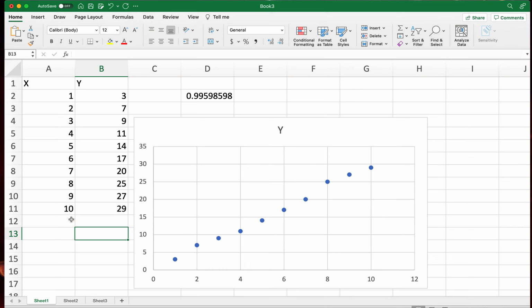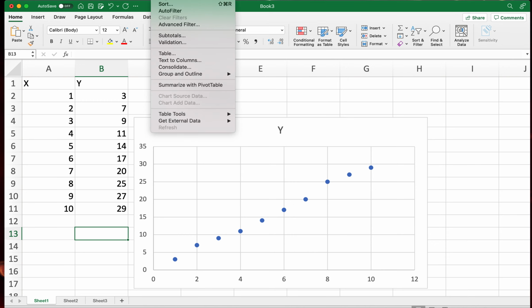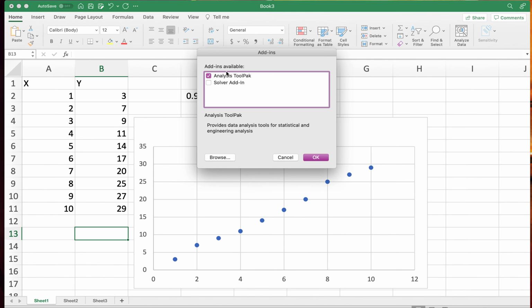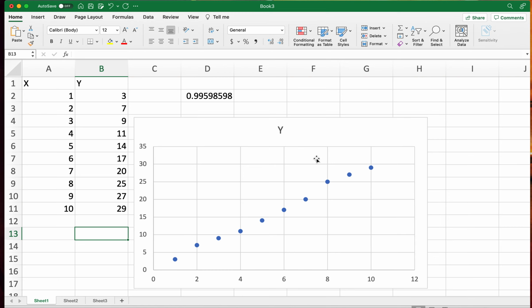Okay, I don't have a Windows computer to be able to show you how to do this. If you're on an Apple, it's really simple. You go down to Tools, Excel add-ins, and you click the button. If you're on a Windows computer, you're going to have to look up how to add the analysis tool pack. I know you go over to where you would print, and then at the bottom it's options, and then there's a couple more buttons that you have to click. Okay? But once you have that added in,